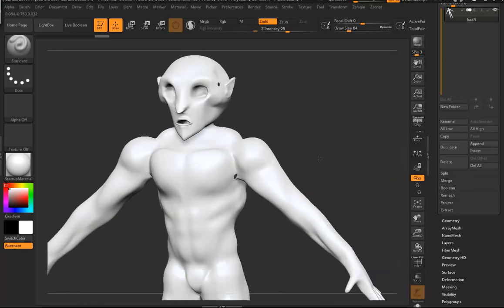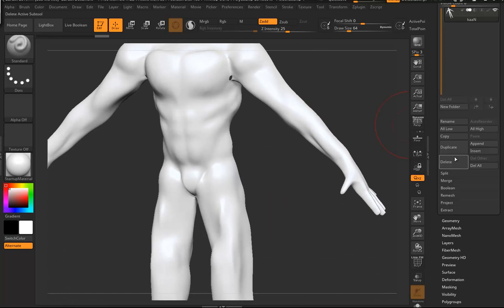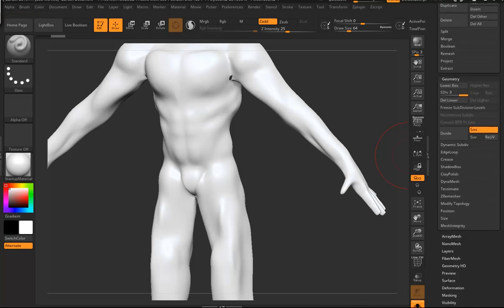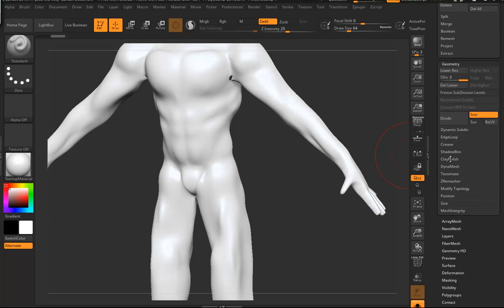And let's just go ahead and I'm going to make a duplicate. And I'm going to take the duplicate, let's put it on solo. And I'm pretty sure that is solo. Yeah, okay. And if I go down in here, I'm going to go to the Dynamesh, hit Dynamesh and